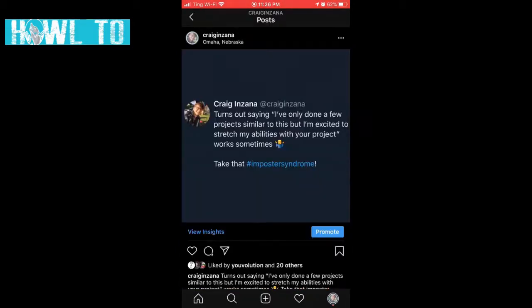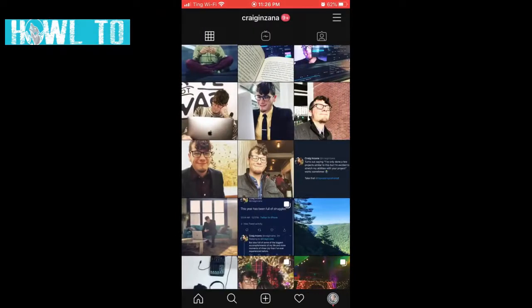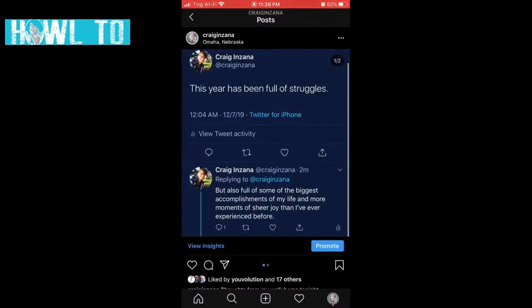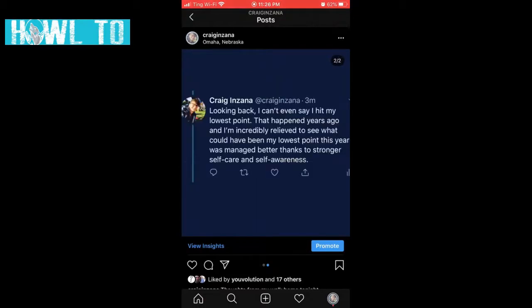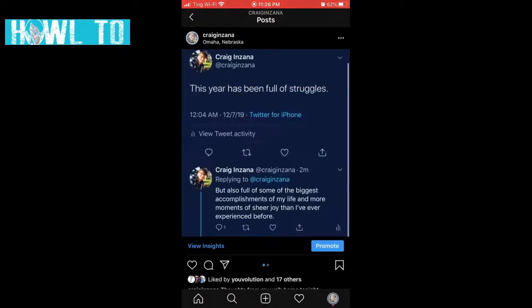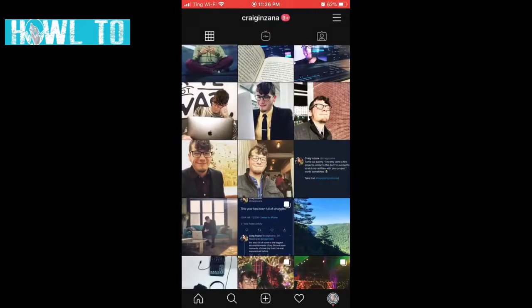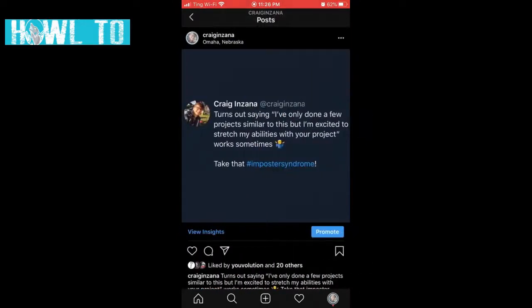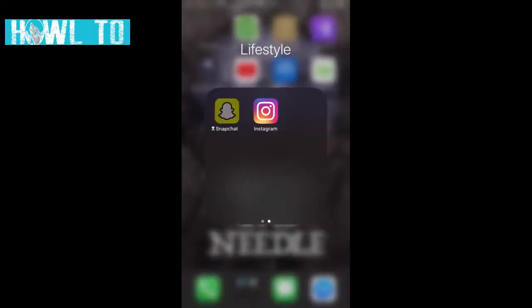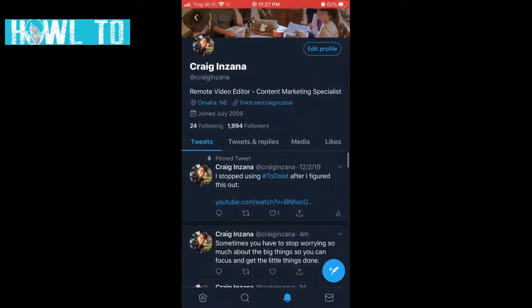Basically, it's a nice, quick way to make a text post, and it also kind of promotes your Twitter page or your other pages. And I've even done it like here where I have a response to something, a whole thing. But what I'm going to show you is how to make them look real clean like this for free, all on your phone. So let's go over to Twitter,